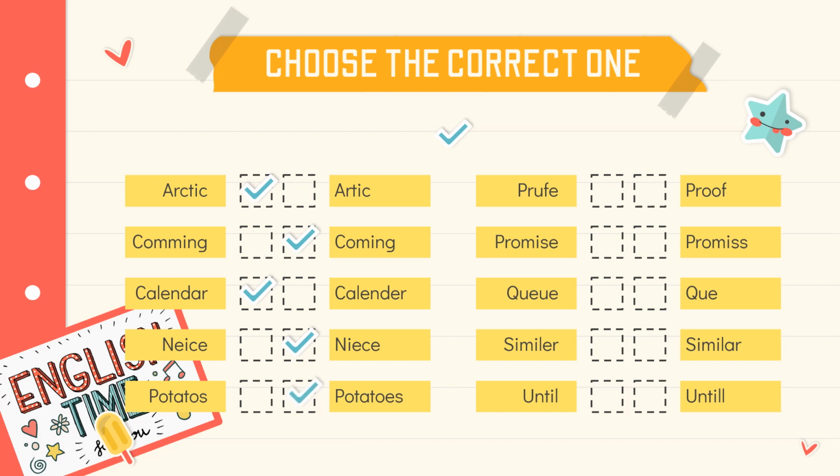Potatoes, the right one. Okay, now proof. Which one? The right one. Promise. The left one. Kiwi. The last one. The left one. Similar. The right one. Until the left one. Very good. Now let's go on to unit